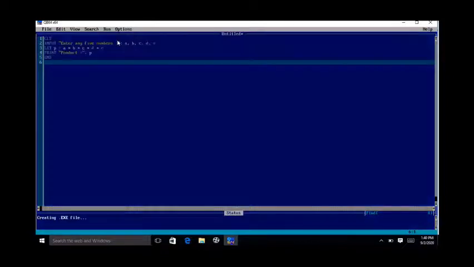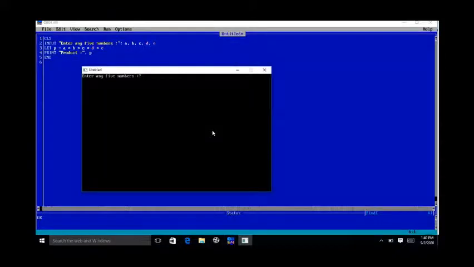So whenever we run this, let's say the values are 1, 2, 3, 4, 5, which were given in the example.